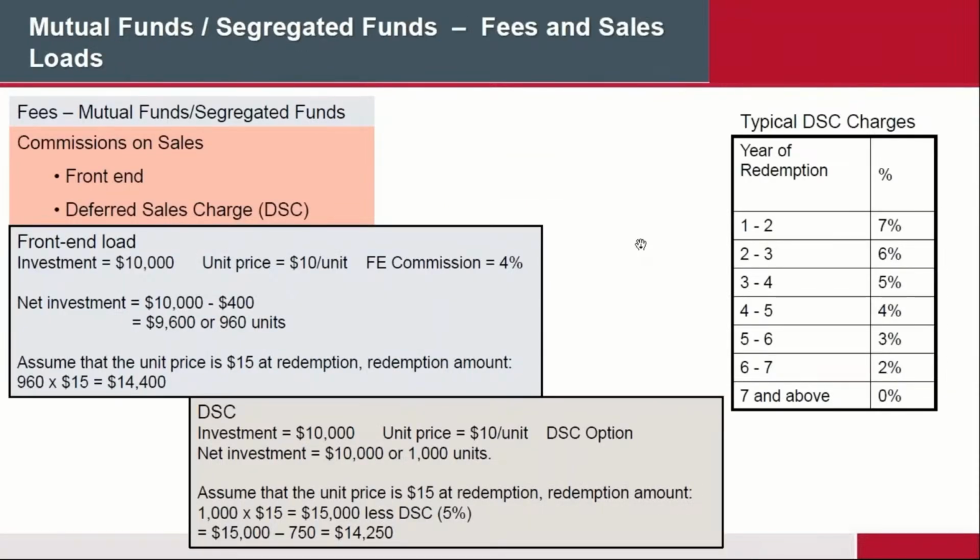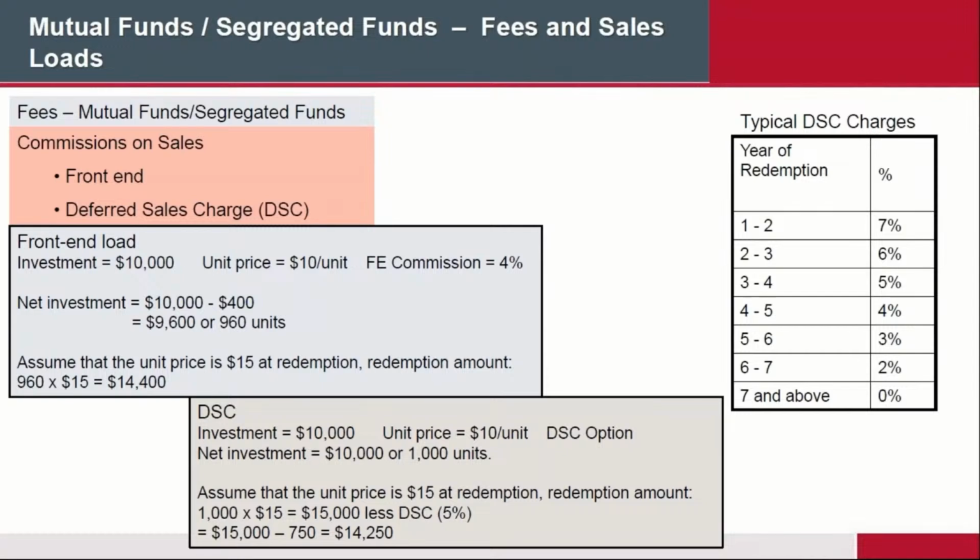So, having said all that, what happens in our industry, and I can only speak to our industry, obviously, is that we sell segregated funds. The end result is that a segregated fund is actually an insurance company mutual fund. It's really the same type of thing, except that in order for you to sell a mutual fund, you have to have a securities license. So if you don't have a securities license, you can't sell a mutual fund.